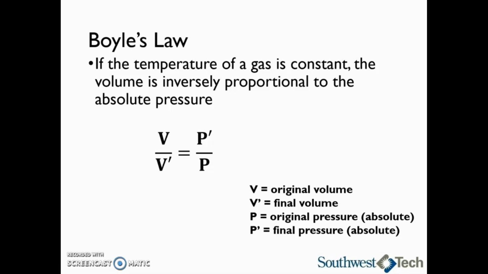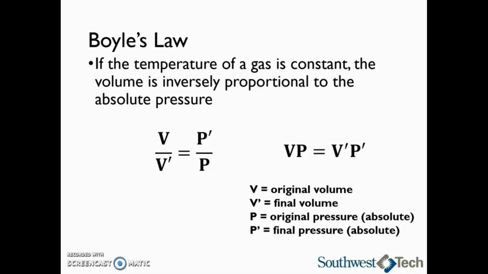One important thing to watch out for with this equation is that the pressure must be the absolute pressure, not the gauge pressure. If you are given the gauge pressure, you have to find the absolute pressure. Remember, to find the absolute pressure, you take the gauge pressure and add atmospheric pressure, which is 101 kilopascal or kPa. If we didn't want to use proportions, we could say that V times P equals V prime times P